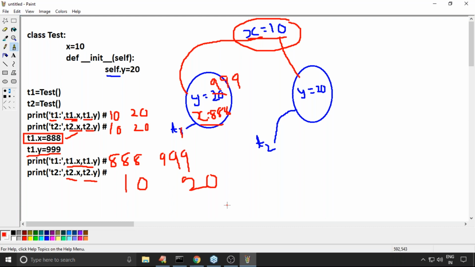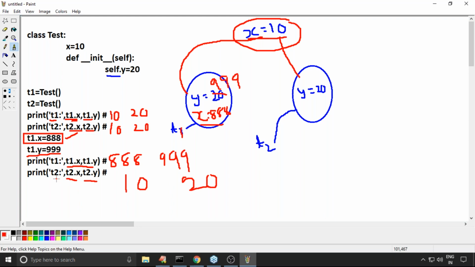So the simple rule: we can't update a static variable by using an object reference or self. If we try to modify it by using an object reference or self, a new instance variable will be created for that object. That's what you should be aware of. We can read, but we can't update.